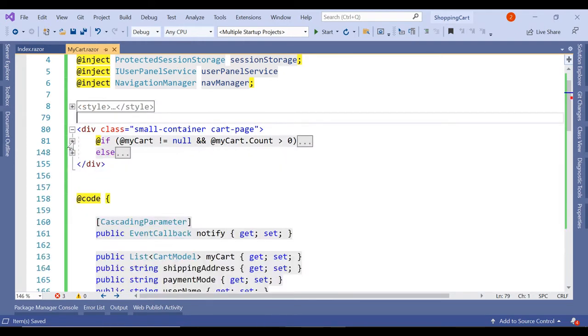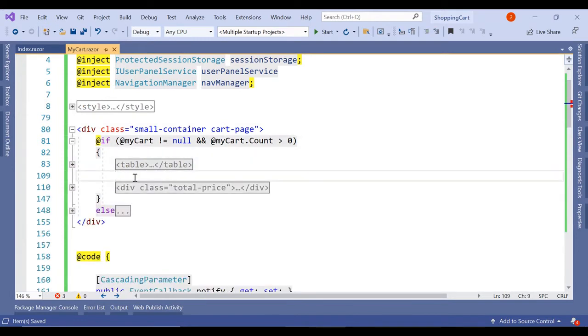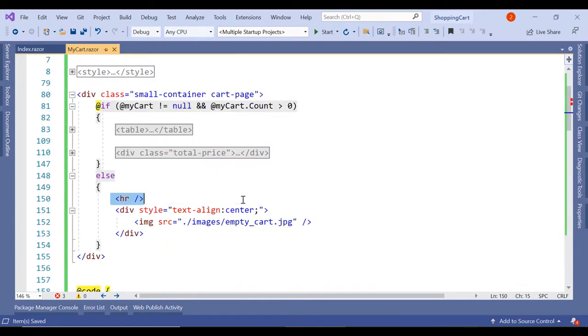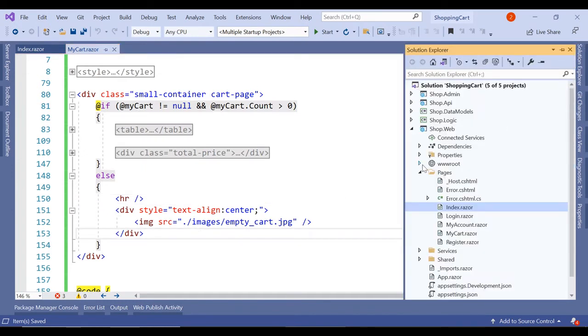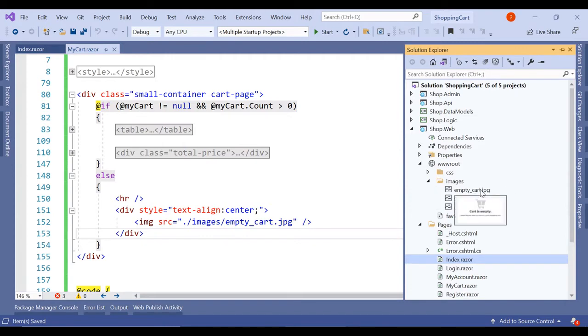In the if part, it's the logic to display the entire cart. If the cart is not equal to null and there is some product inside the cart, then only this part will get displayed. In the else part, what we have done is we have put some HR tag, a horizontal line, and after that we have used a simple image, the image which we have already added in our wwwroot folder, and here we have this empty cart image.